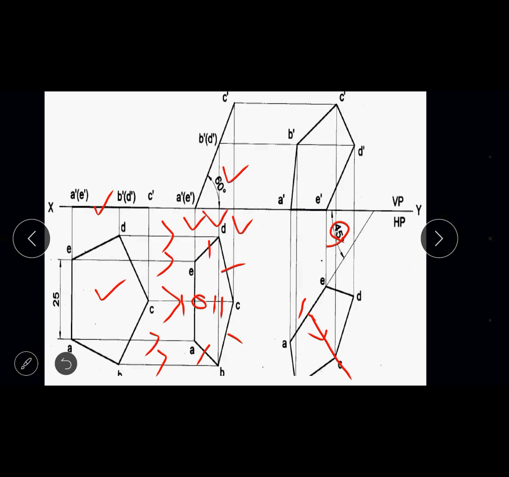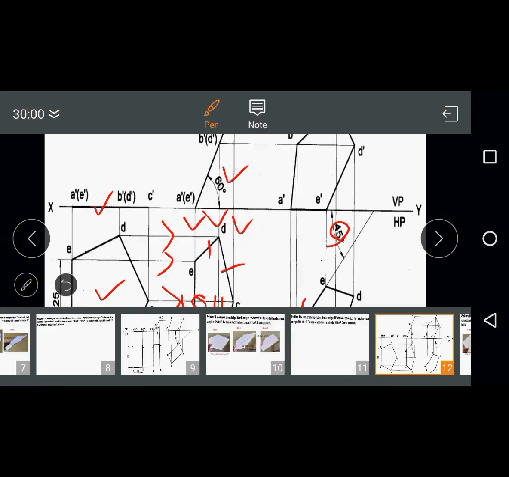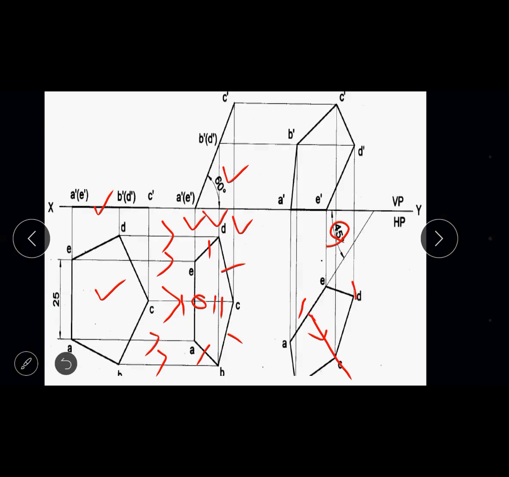How to get them? Measure the distance C to D from the second figure. Take your compass, measure the radius as C to D, keep it at C and cut an arc. Then measure the radius E to D in your compass, keep your compass at E, and bisect the arc. So you will get the corner D. Similarly, to get B, measure the distance C to B, keep your compass at position C, cut an arc. Then measure the distance A to B and take it as the radius in your compass, keep your compass at position A, and bisect the arc.